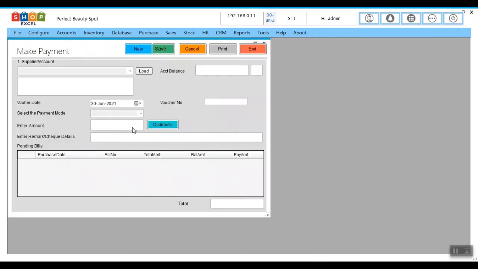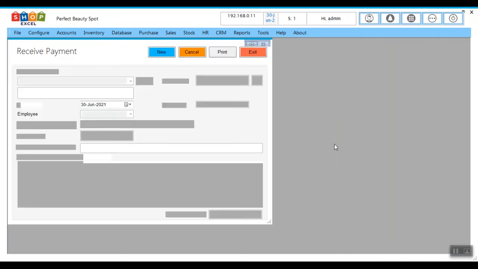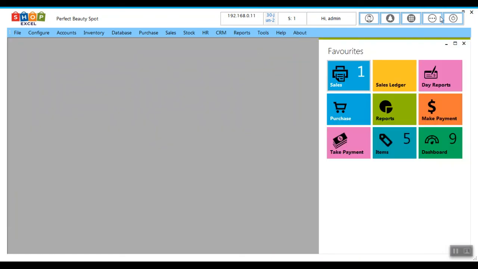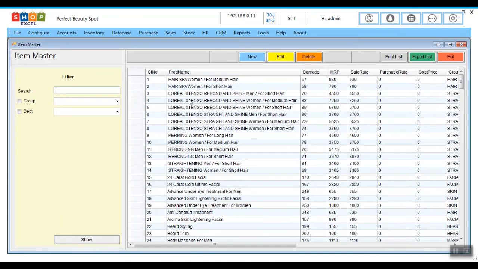This is the screen for making payment to your vendors. This is for receiving payment from the customers. If any credit sale happens, you can receive the payment through this screen. This is item entry. If you click on show, all the items will be displayed here.